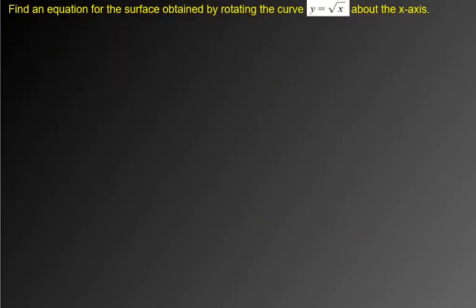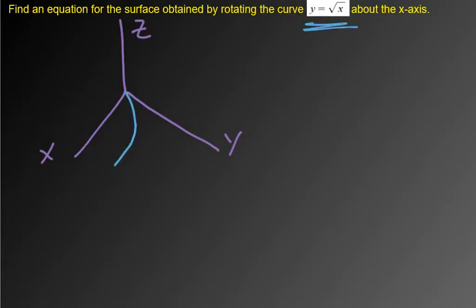All right, so this question just uses traces again, is how I would think about it. You might be able to just see what this would be, but the question is, if you take x, y, z, and you have down here in x, y, z, the square root function. I'm going to do a different color. So the square root function is going to be like that, right? And the idea is if you take that and you rotate it around the x-axis,